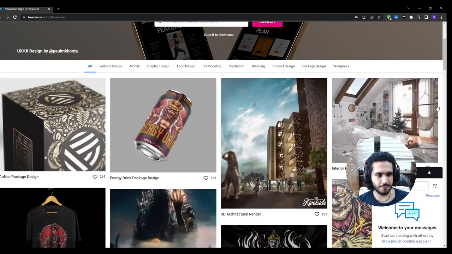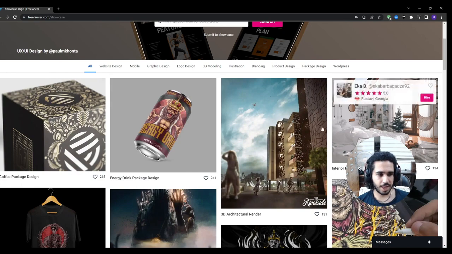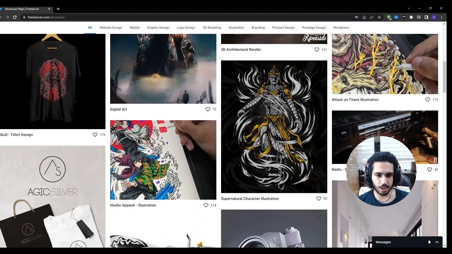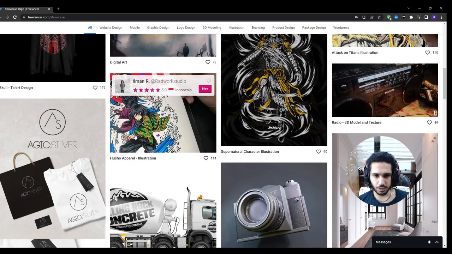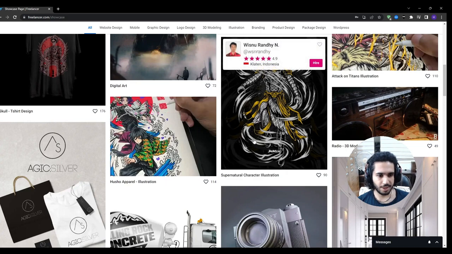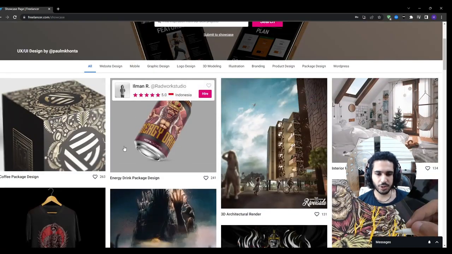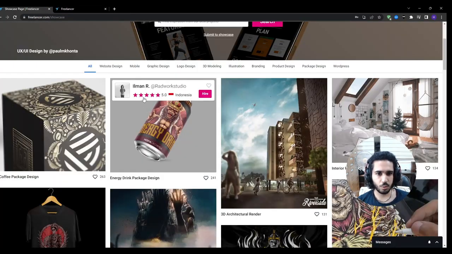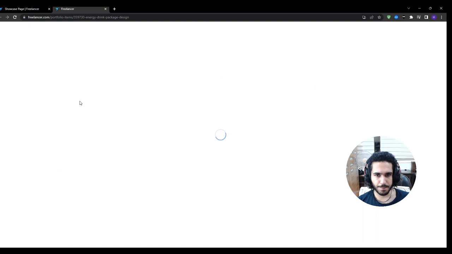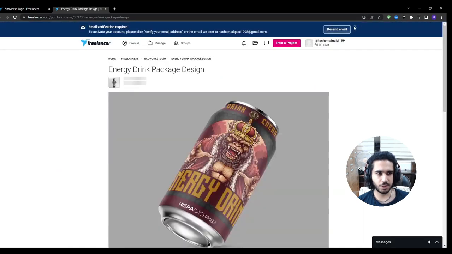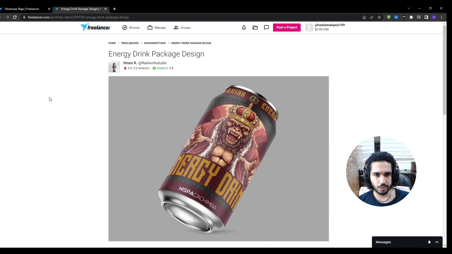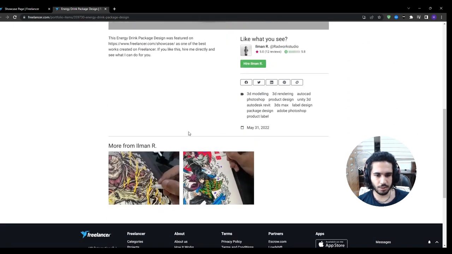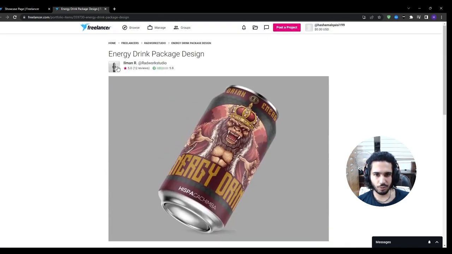This is where you basically find inspiration for the kind of work that you want. As you can see, this work is absolutely amazing. The skills of these people is just absolutely very high. If you're into like anime, or you want an NFT or some illustration. For example, let's choose an energy drink package design. You can see the freelancer that worked on it, as well as different jobs that they have done. So this is the job that we see right here, and if you like their job, you can click on their profile right here,